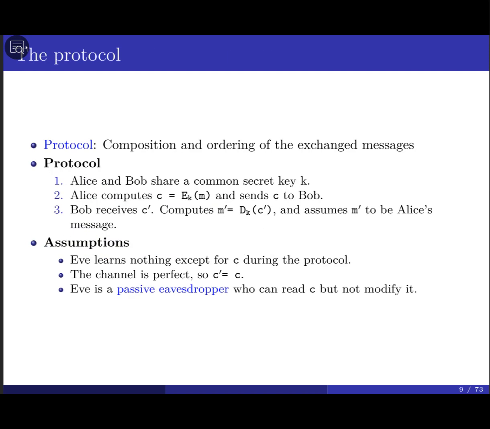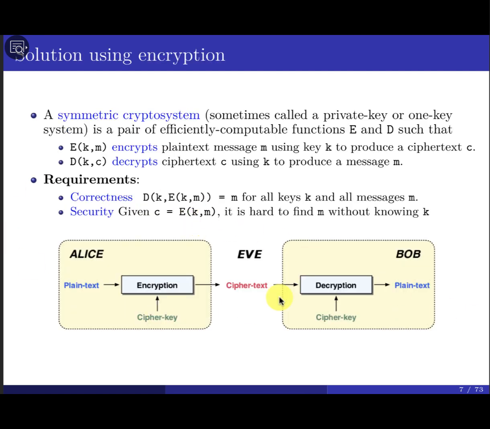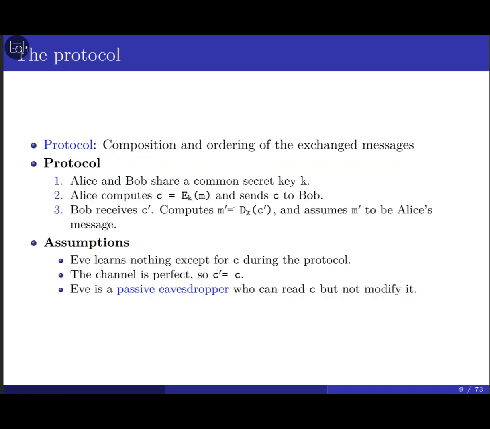Protocol, what do you mean by protocol? It looks like we have a protocol here. When I try to describe my solution in this case, I'm going to come up with a protocol. So I need to specify the steps, what's going to happen here. What Alice is going to have, what Bob is going to have, then what Alice is going to do, what Alice is going to send, and once Bob receives whatever Alice sent, what he's going to do in order to retrieve the original message. That's what we call the protocol in general. The protocol is composed of the compositions and the ordering of the exchanged messages. And also, we can have some assumptions, what they know in advance before we start the process.